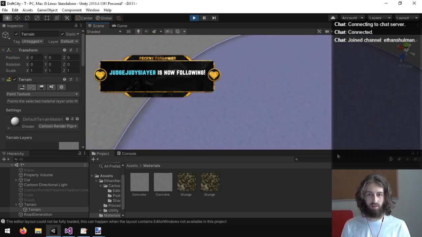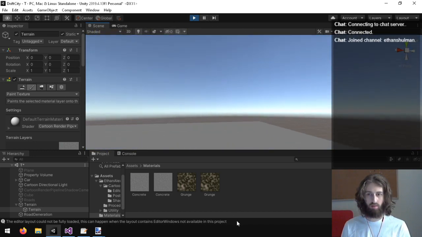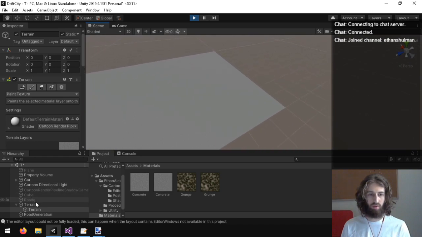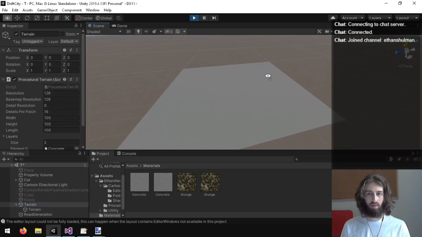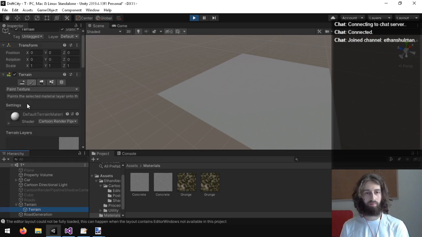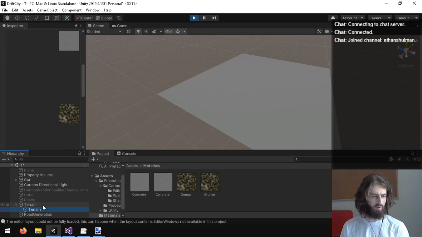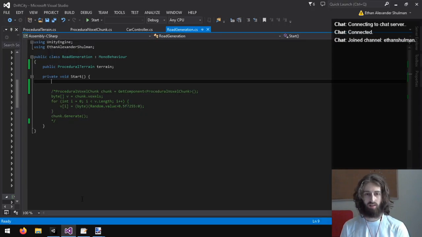It looks like it has no, oh wait, it does. It has texturing applied. Okay, never mind. So we have a base terrain. Let's look at this. So it creates a new terrain game object.